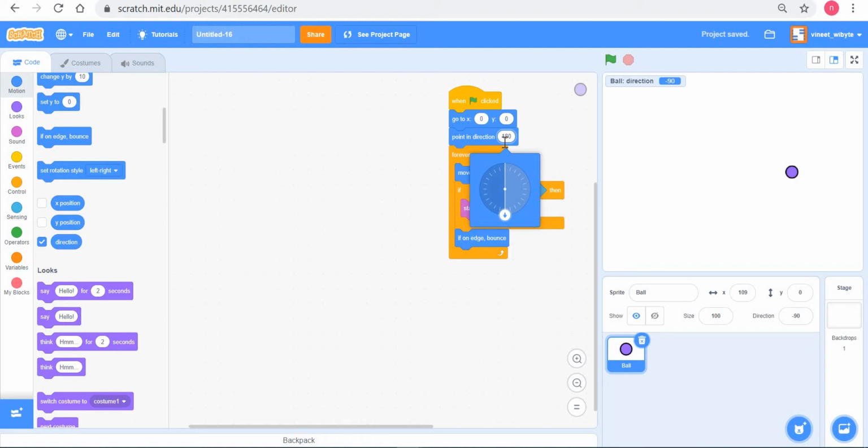So that's actually a good way to also learn mathematics and geometry, right? Now if I did 180, the ball will basically go downwards as indicated by the arrow, right? So the ball goes downwards. Now you might wonder what happens to the ball if I want it to go, let's say, in this direction, right? Now, in sprite language, this is minus 90 degrees.